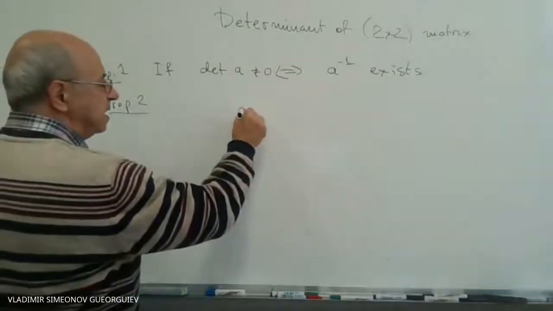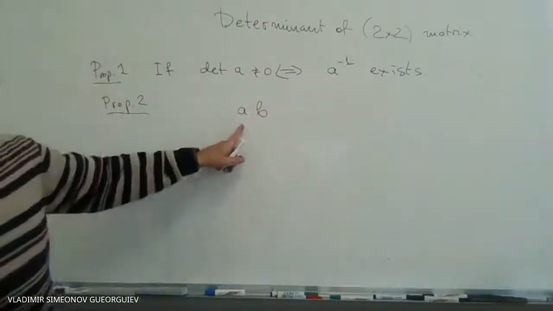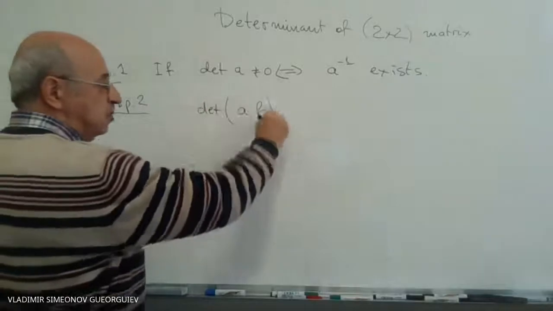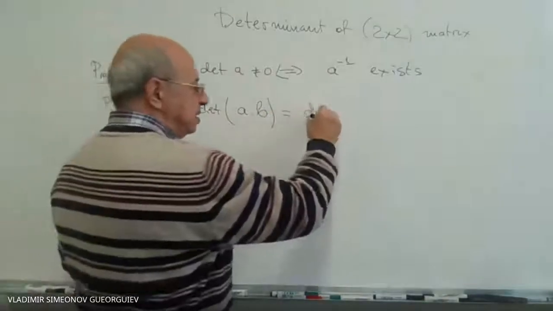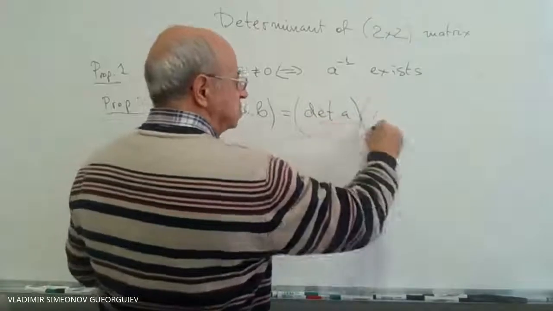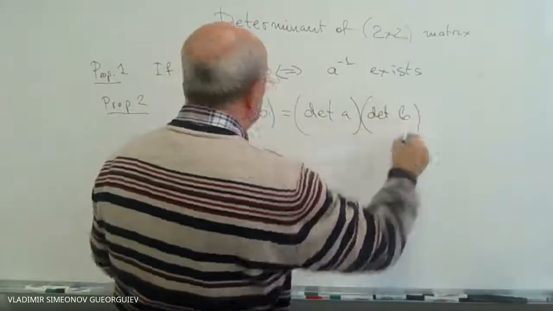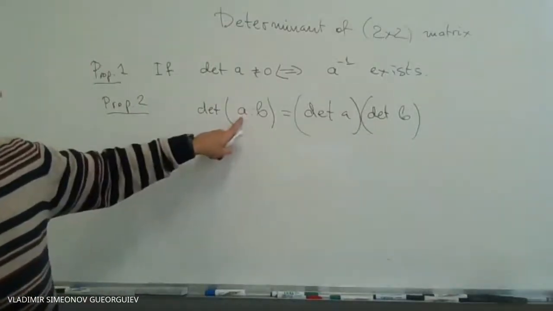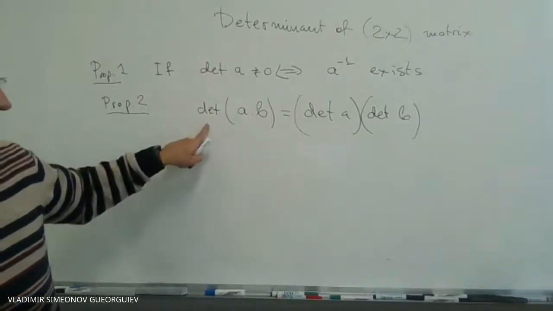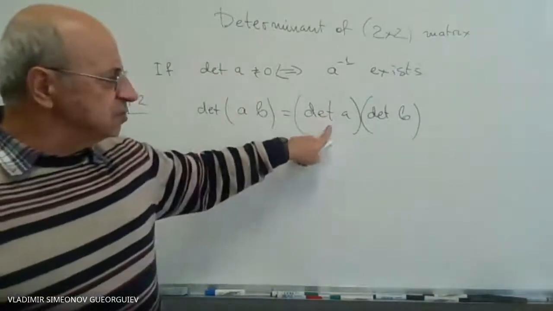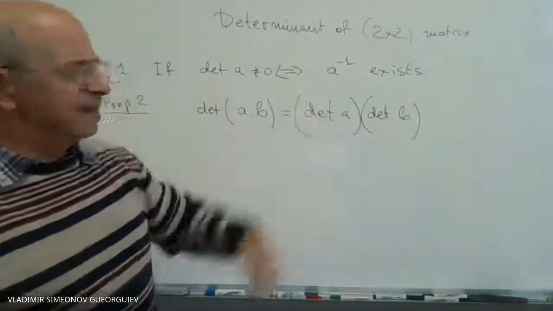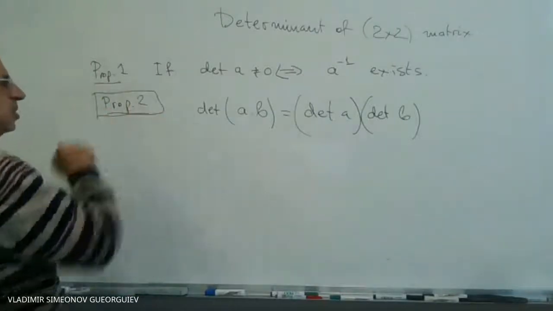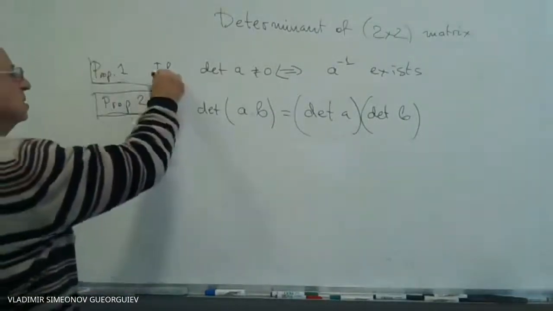If you take A times B, we know A is a 2 by 2 matrix, B is a 2 by 2 matrix, and when you compute the determinant of the product, this is simply determinant of A times determinant of B. It can be computed explicitly. You first compute A times B, then you compute the determinant. You go to the right-hand side, compute determinant of A, determinant of B, and say directly that they are equal. But we shall not do this check. Simply we shall write these two important properties,